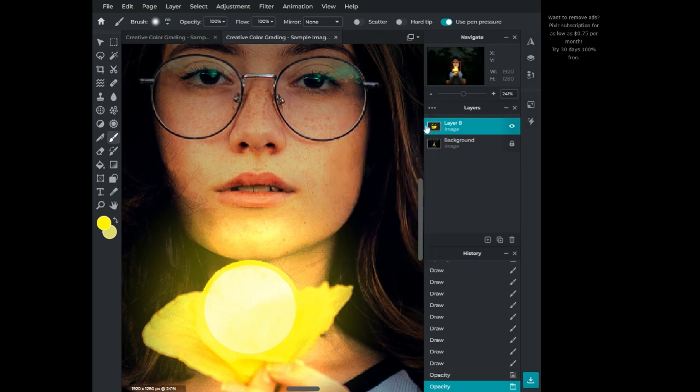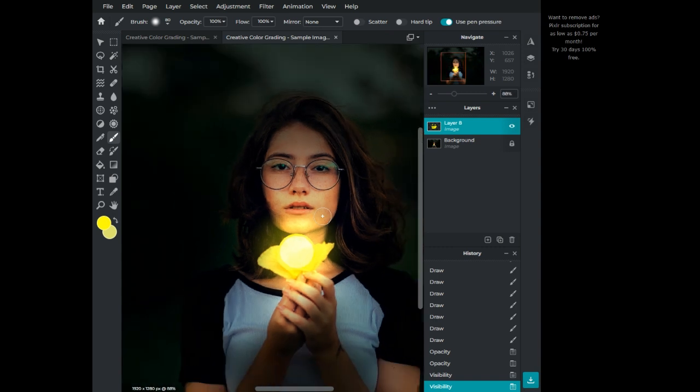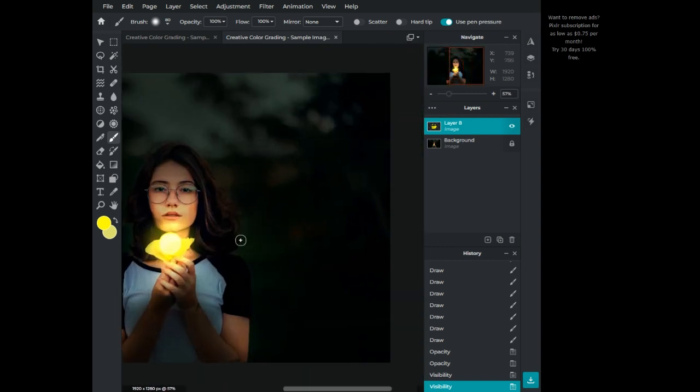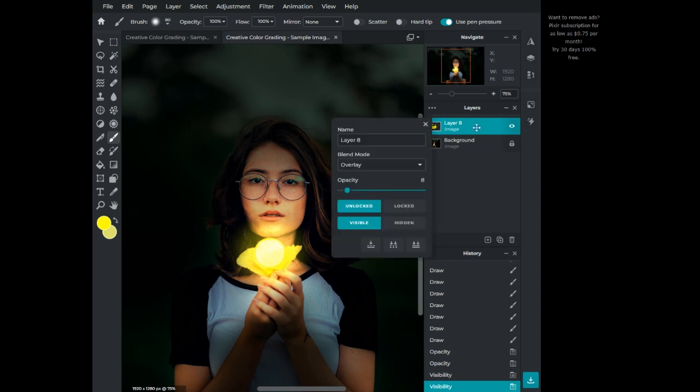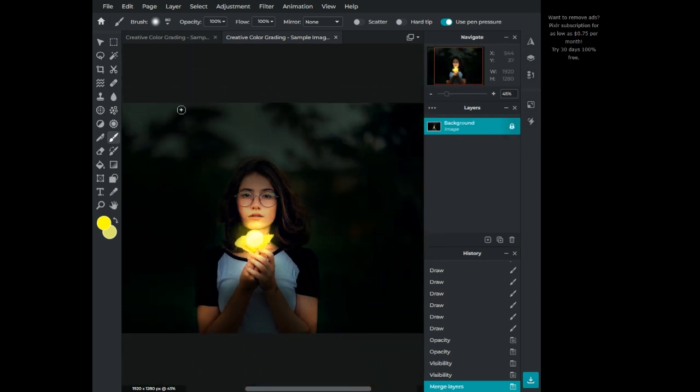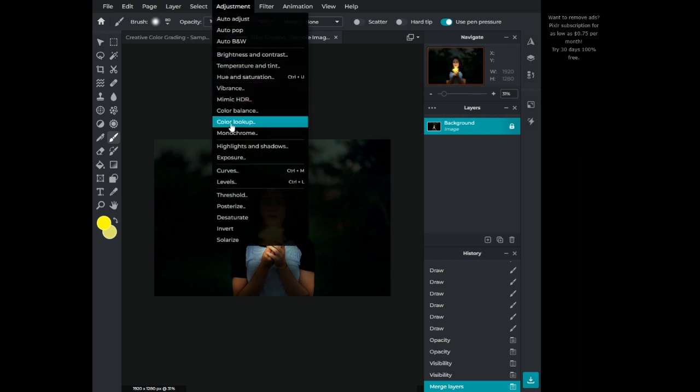Make sure you don't make it too yellow. Here it seems pretty much good. Now go into adjustment, shadows